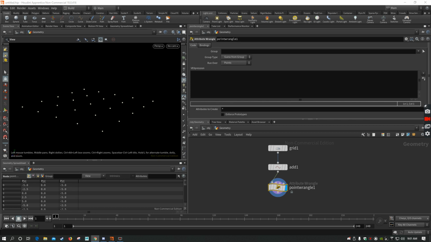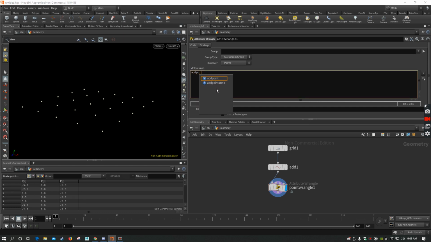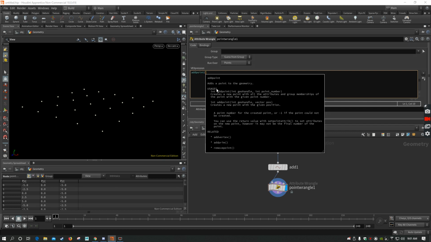Lesson 14 is all about creating geometry, because up to this point we've been manipulating it, but of course there are going to be instances where it's useful to add your own geometry. So I can, for example, go add point,